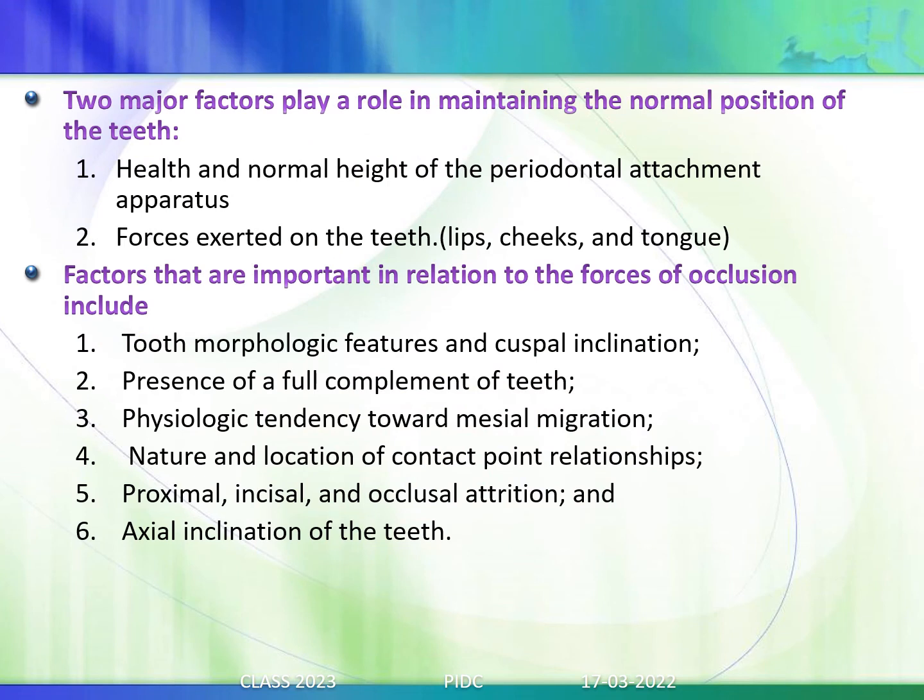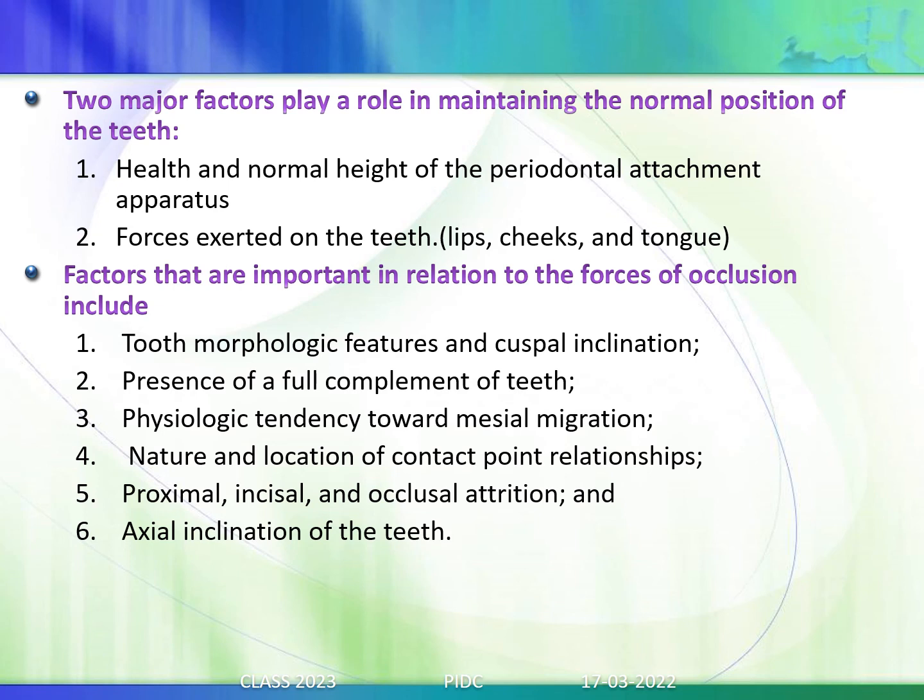Two major factors play a role in maintaining the normal position of the teeth. One is the health and the normal height of the periodontal attachment apparatus. Second are the forces exerted on the teeth, like those from the lips, cheek, and tongue. If there is an increased force from the tongue, for example a macroglossic tongue, that could result in pushing of the teeth outward, and lisping could be one of the problems of